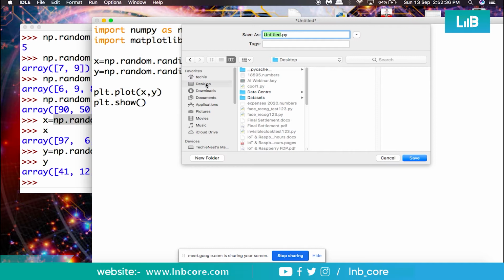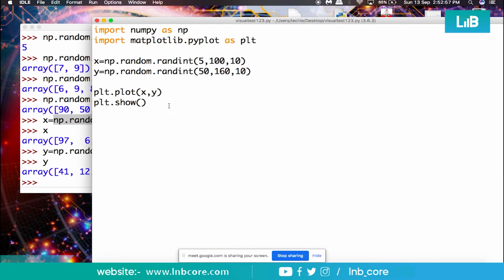So all such notations can be used properly because of some functions which work under numpy or matplotlib. Okay, so let me save it. The name of the file could be visual test 123.